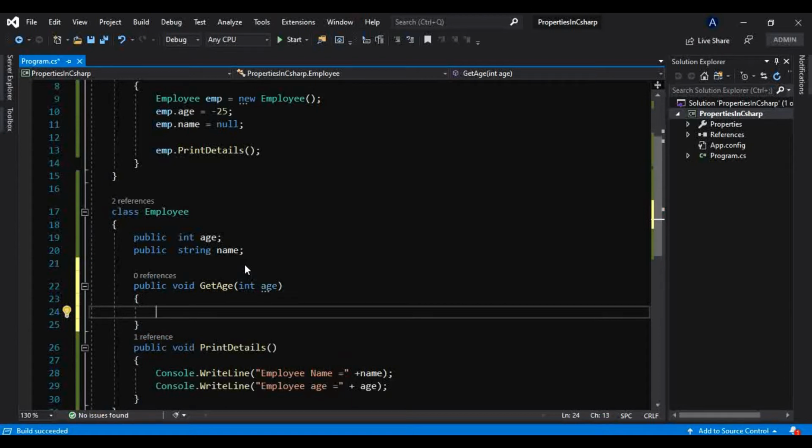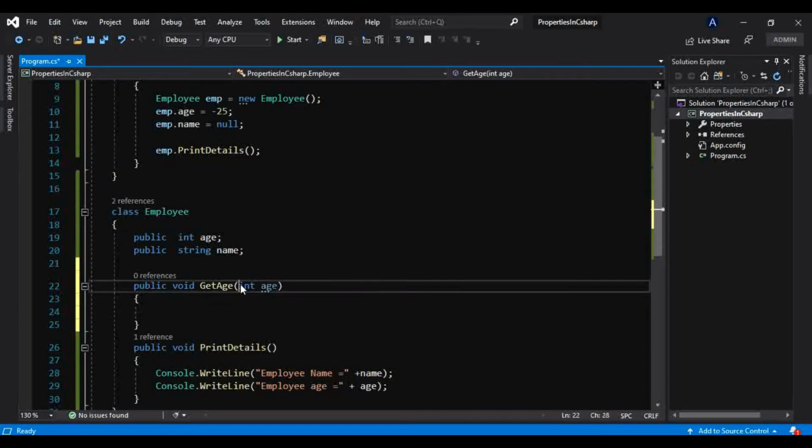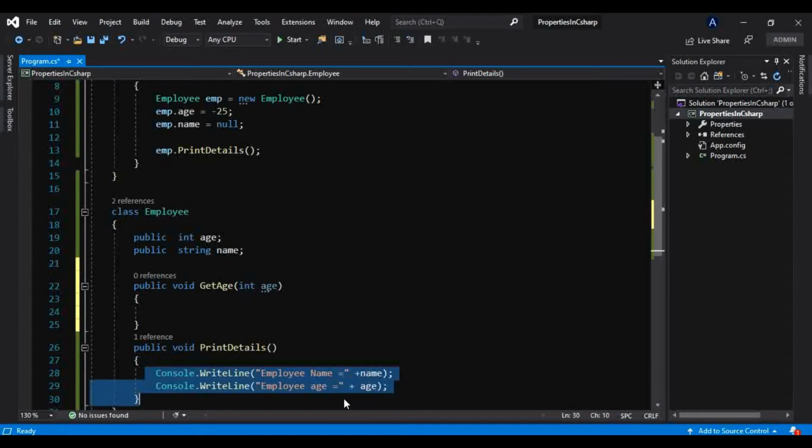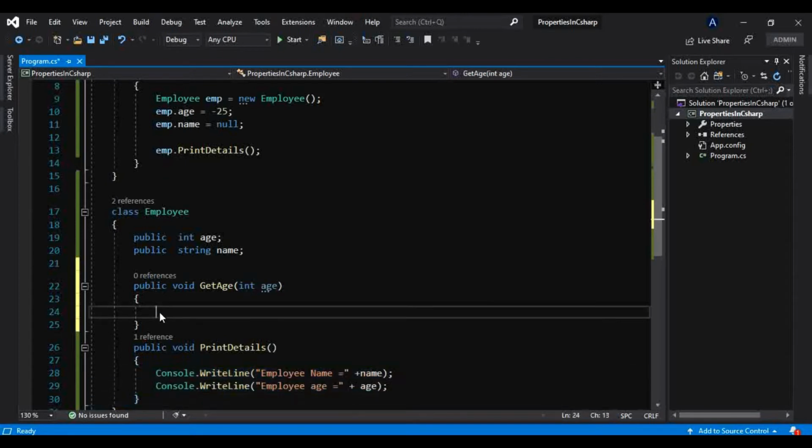Now we are in full control to manipulate this age. Whatever is coming from the user, we are in control to manipulate that before using that in our class, or before initializing that to our field. Or even before using this age in our method as well, we are able to manipulate and validate that. And how? You can check something like this.